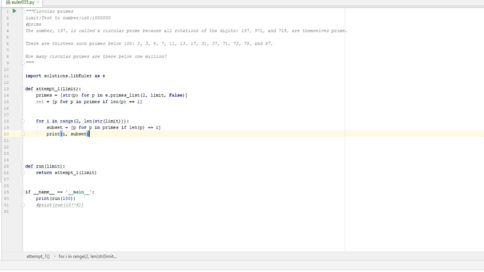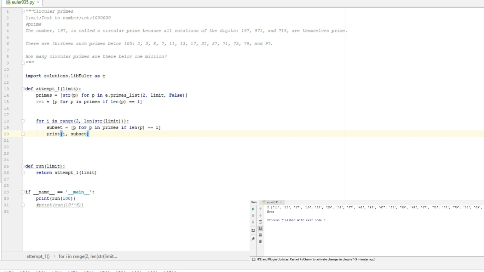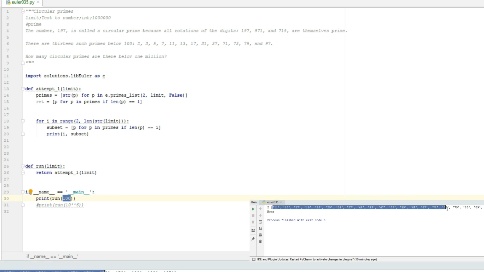This is going to seem a bit silly, I guess, because the only i that we're currently running through is 2. The limit is 3, given not the 1 million from the default parameter here, but we are running it from the file itself, and that starts us up with 100, so that's 3 digits. We're going to stay below 3 digits, so all the 2-digit primes that we get, and we are printing out here